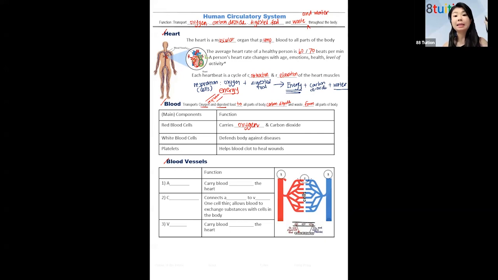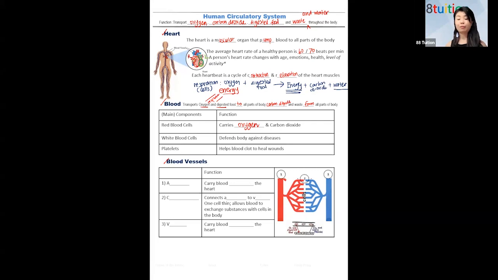Now, your blood is a liquid, right? The thing that makes up the most of your blood is actually water. Water is the main component of your blood. Understand? Almost 80% of your blood is made up of water. Following? All right, so now we have talked about the heart, we have talked about the blood,